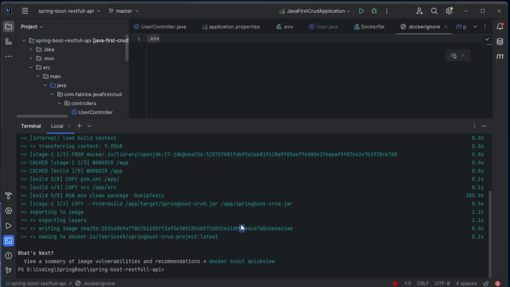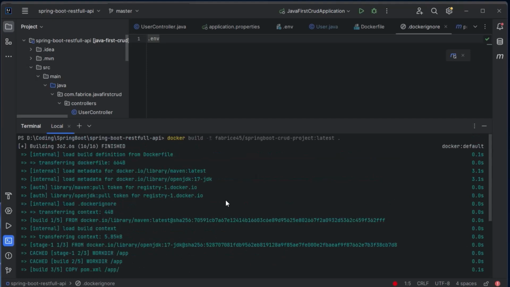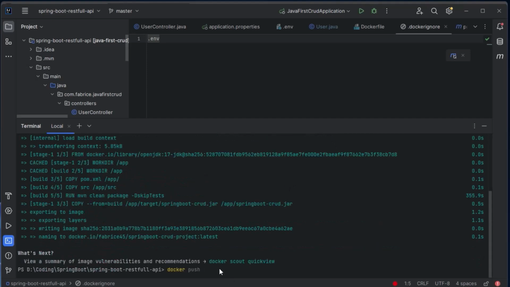Nice, our Docker image has been built. So now let's push it to our Docker Hub. Let's type docker push, and we have to repeat the same tag that we wrote when building our Docker image. So we'll copy it and paste it here, and let's hit enter.